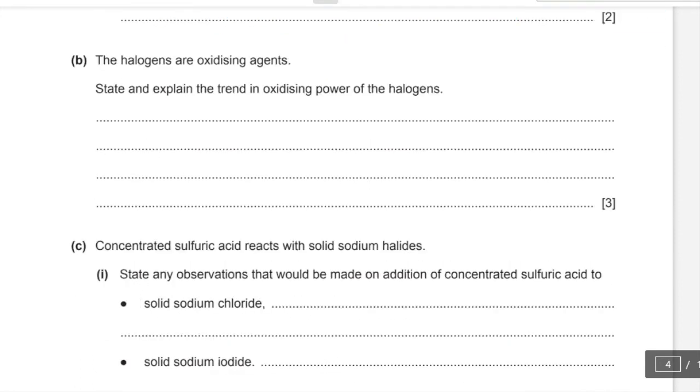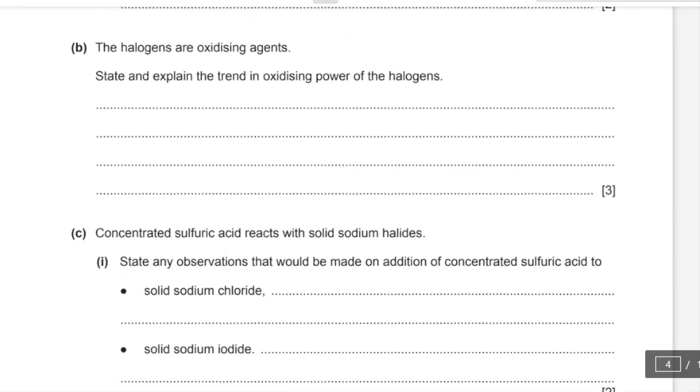B. The halogens are oxidizing agents. State and explain the trend in oxidizing power of the halogens. For a halogen to act as an oxidizing agent, it would have to be reduced itself, or in other words, it would have to gain electrons. And the ability to gain electrons depends upon the nuclear attraction, which acts on electrons that are supposed to be gained, and which in turn is